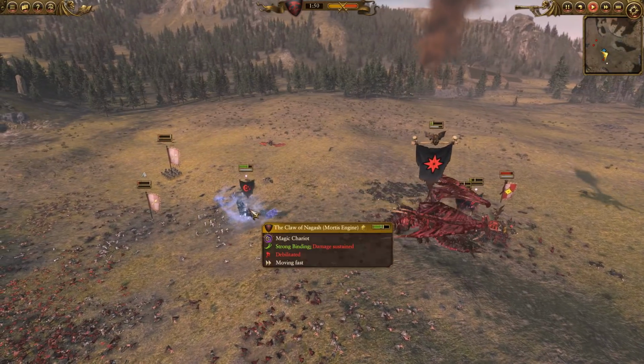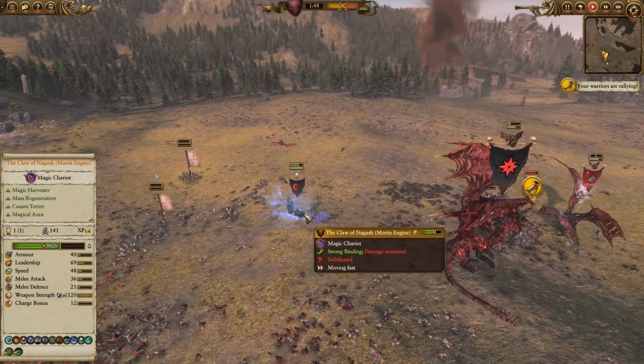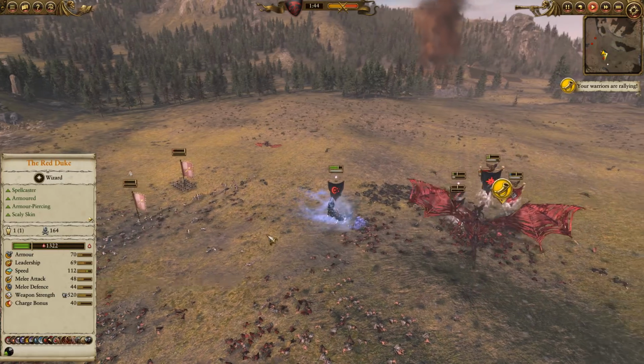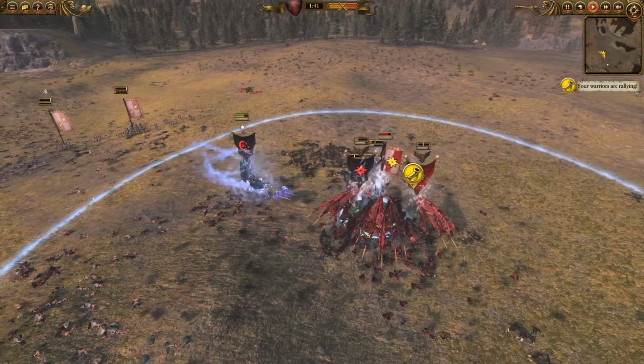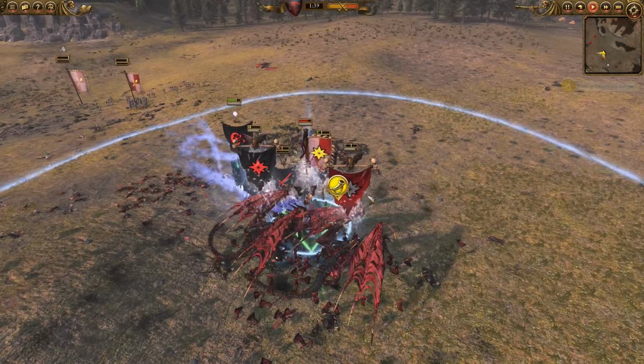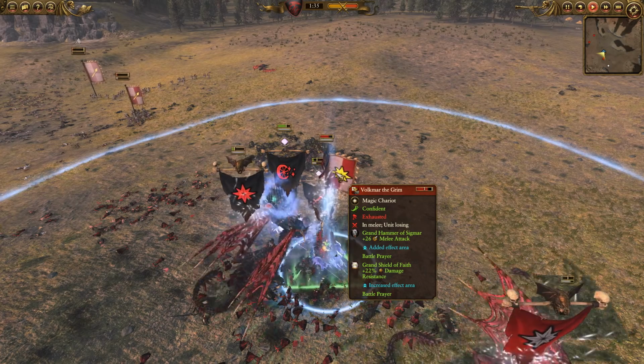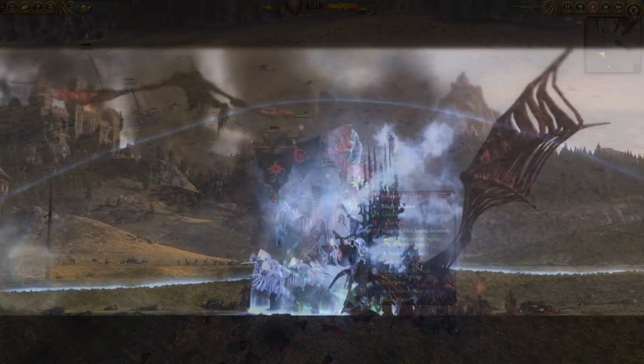So here you can see the Mortis Engine. So let's see, 140 kills, 141, one just collapsed and died, 143, some of them are just collapsing now. So here, a massive, massive cluster. Fusterclug against Voltmar here. He's used his Grand Hammer, Sigmar, so he's got the damage resistance